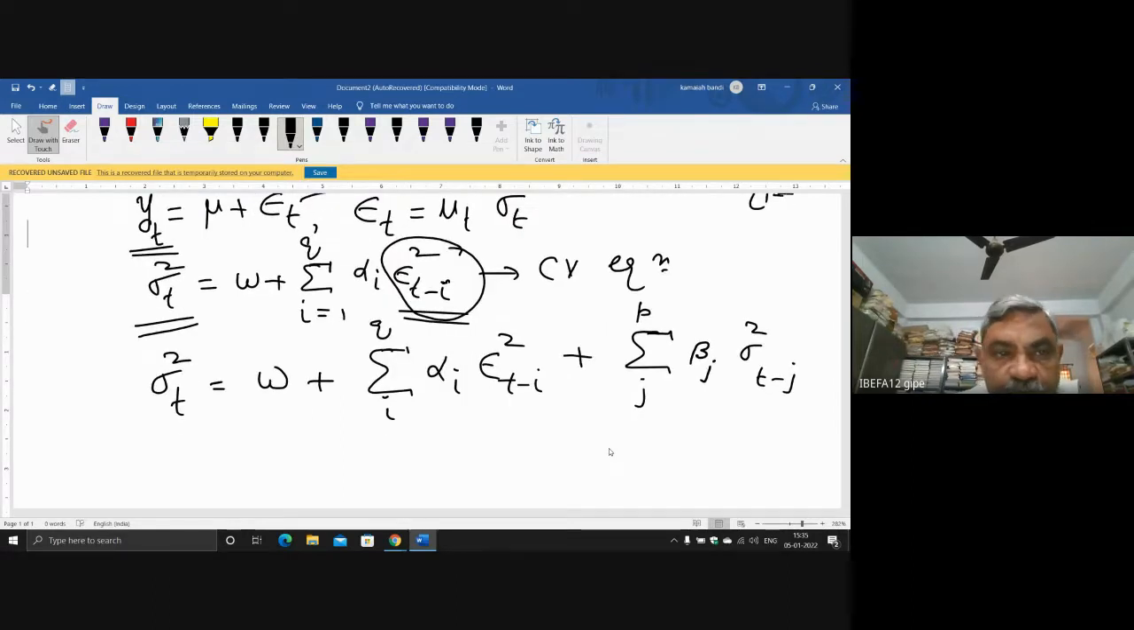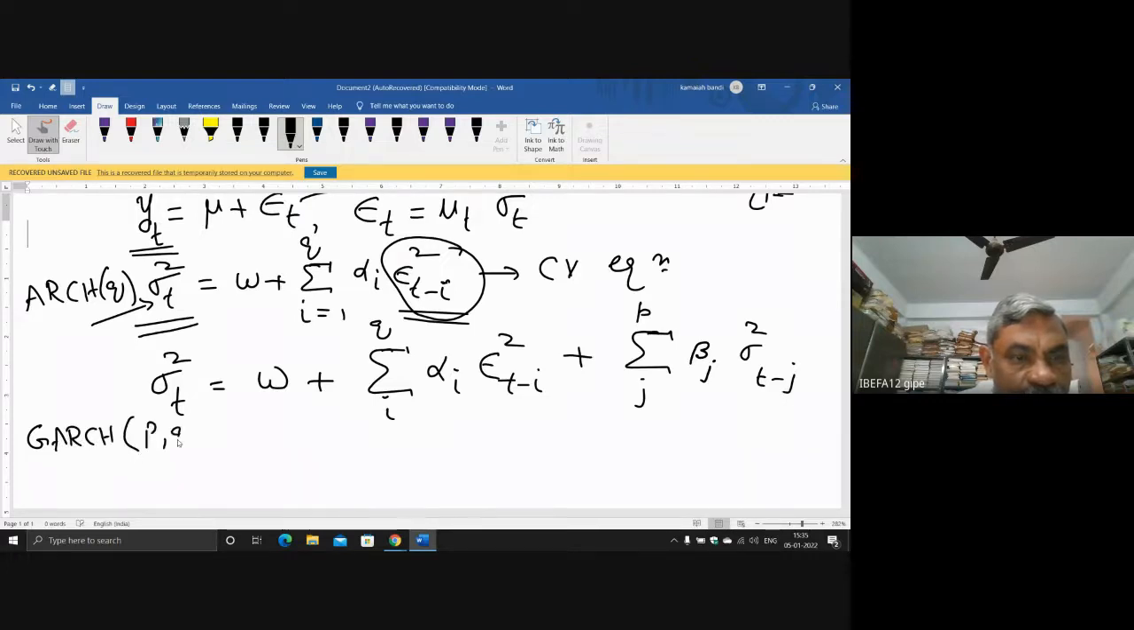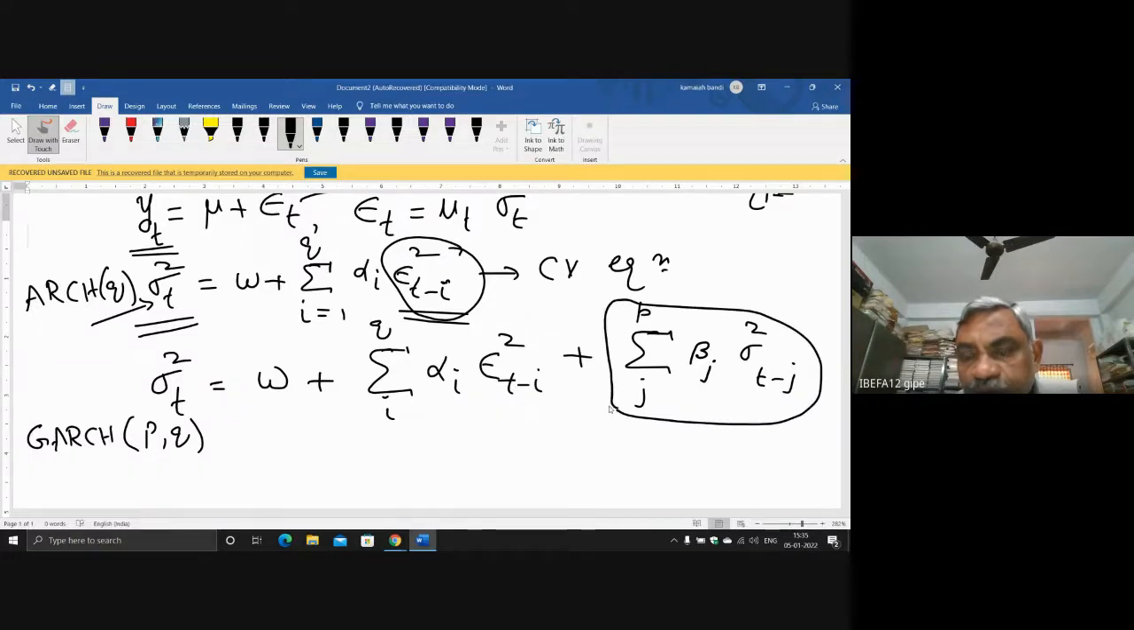Look at the contrast between the conditional variance equation of an ARCH(q) process and a GARCH(p,q) process. So therefore, there are two sources of variation. In this, there is an additional source of variation for the evolution of the conditional variance. Okay,